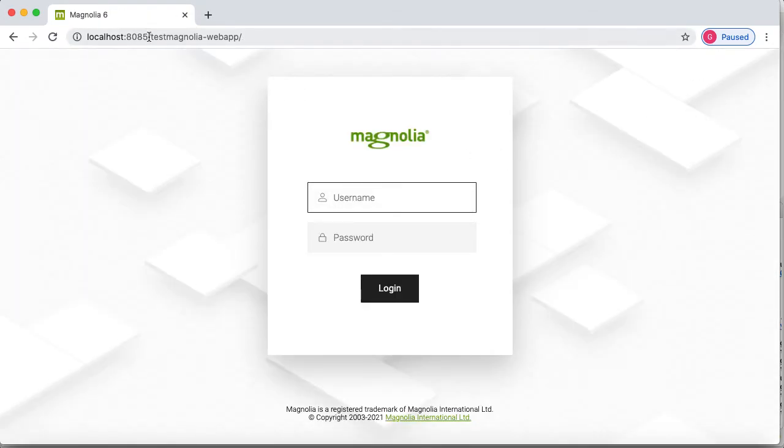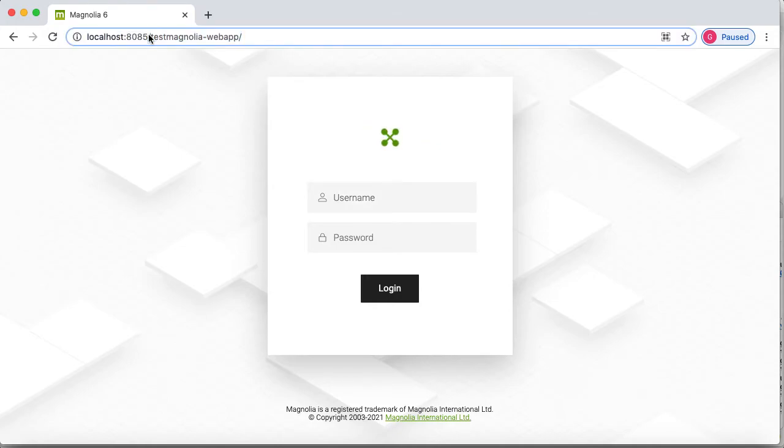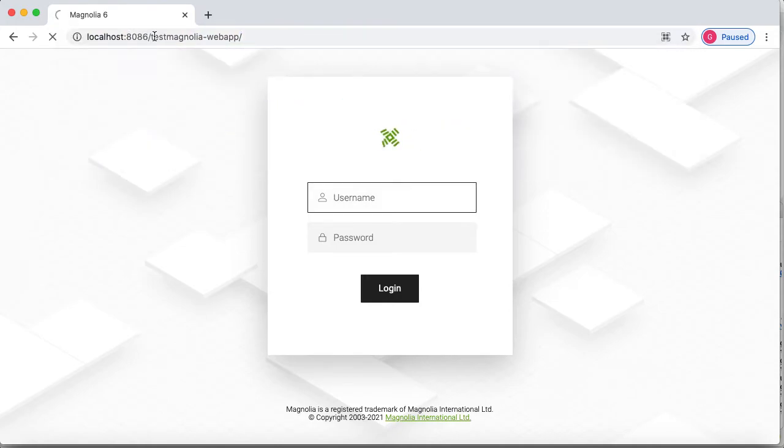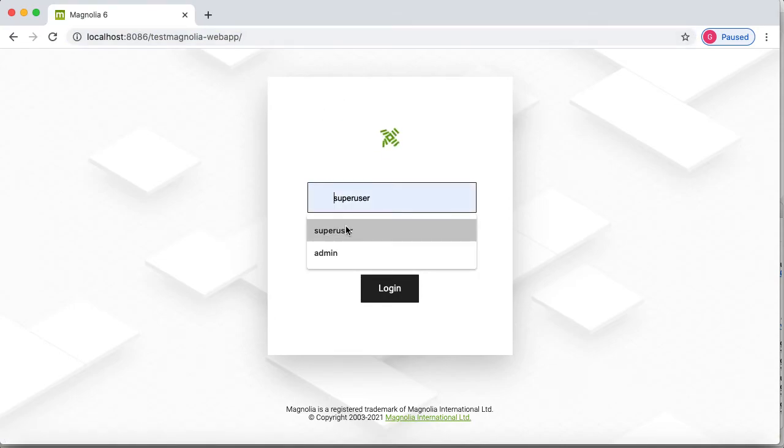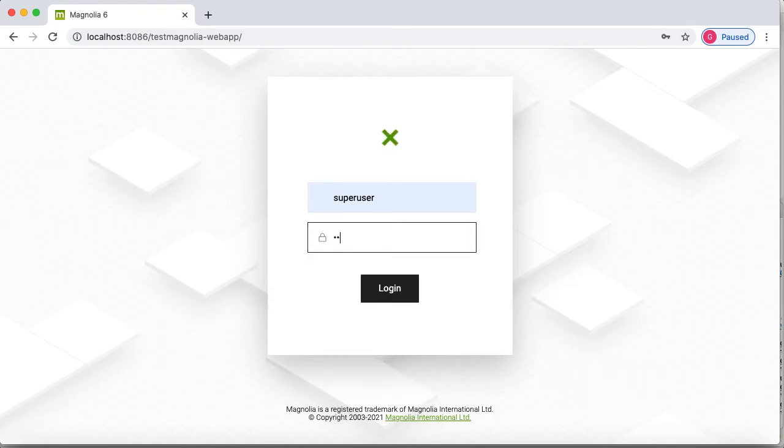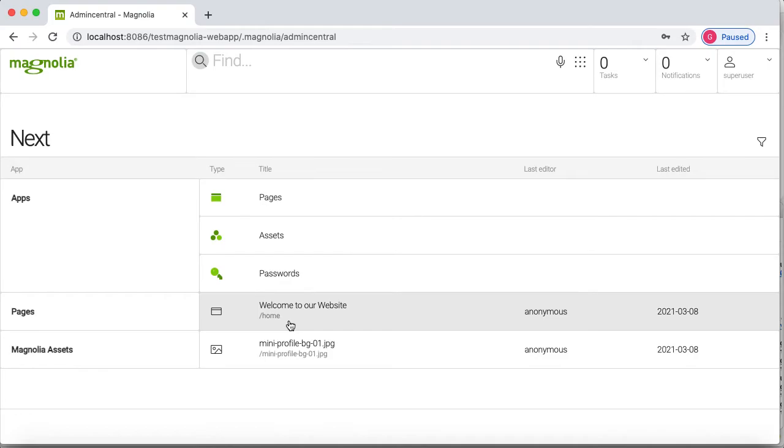Now I'll log in to the public server, super user, super user. Here you can see the page.